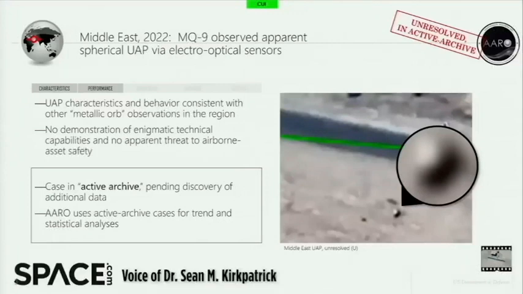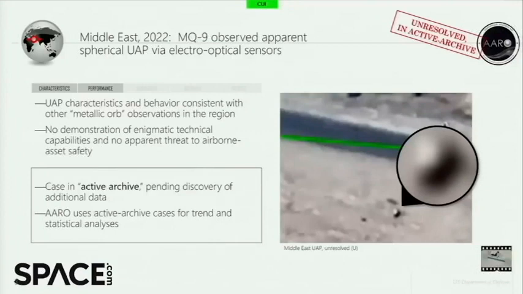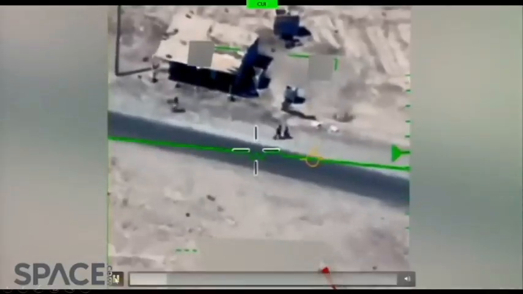So I'm going to walk you through two cases that we've declassified recently. This first one is an MQ-9 in the Middle East, observing that blow up, which is an apparent spherical object via EO sensors. Those are not IR. If you want to go ahead and click that and play it,